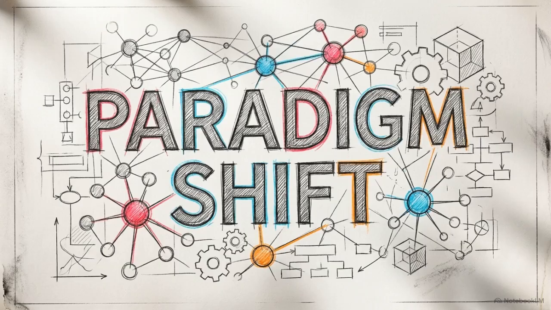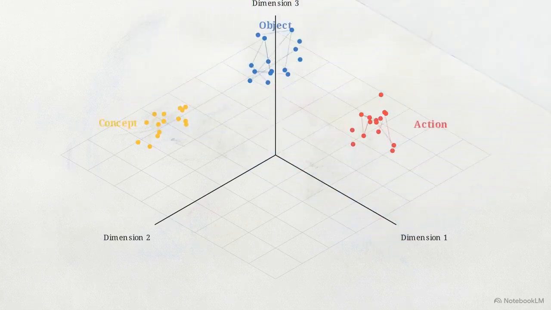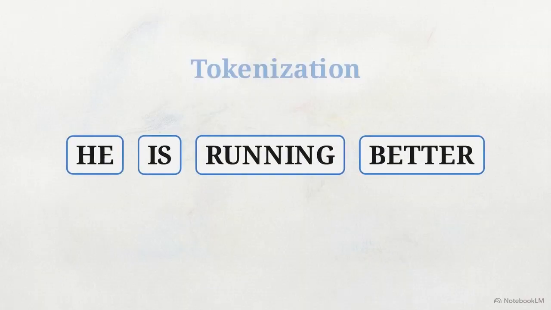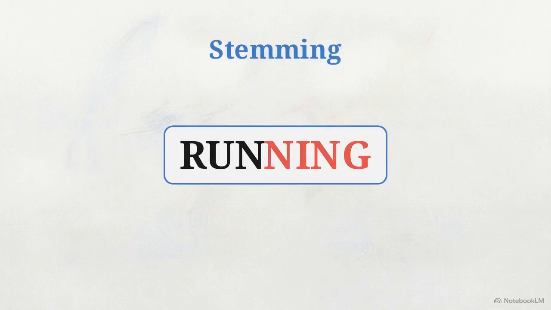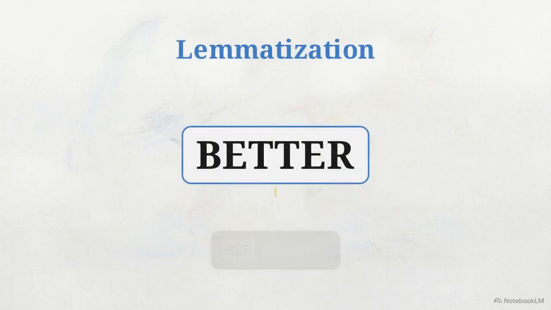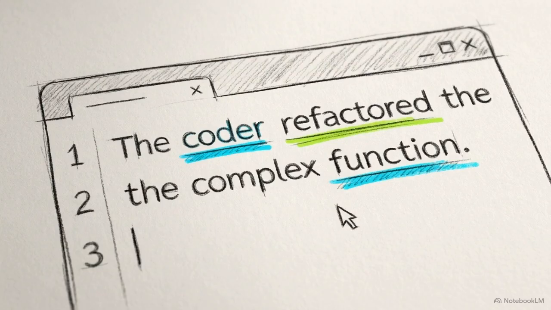intelligence. To understand this system, we have to recognize that every major breakthrough was a new method for manipulating high-dimensional geometry and probability. Raw linguistic data is noisy. Before a machine can interpret a sentence, it must be split into computable, discrete units through tokenization. Developers then standardize these tokens. They either use stemming to chop off suffixes based on heuristic rules, or lemmatization to trace a word back to its exact dictionary root. With the words isolated, algorithms apply part-of-speech tagging and named entity recognition to identify nouns, verbs,